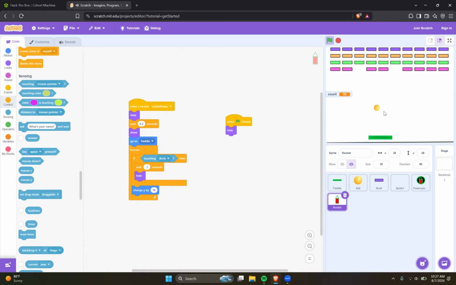And then let's just see. We should get a rocket power up coming down. We grab it and then it launches a rocket. That looks cool. Okay, awesome. So that's basically it. I would just say that multi-ball